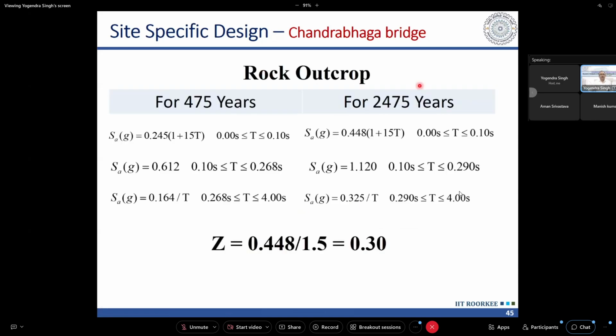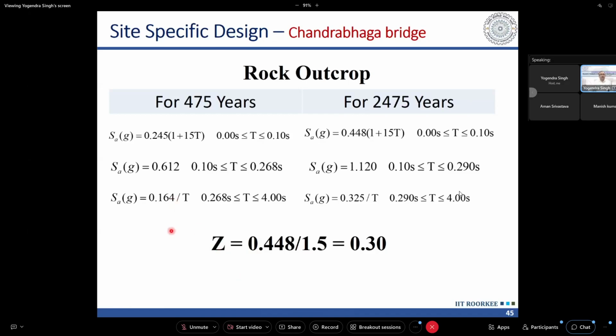And we can also represent these by approximate expressions. So this is the increasing range, this is the acceleration control range, and this is the velocity control. So up to 4 seconds this is given. So this is the velocity controlled. And if we have to calculate Z, so 1.5 into Z was equal to EPGA, effective peak ground